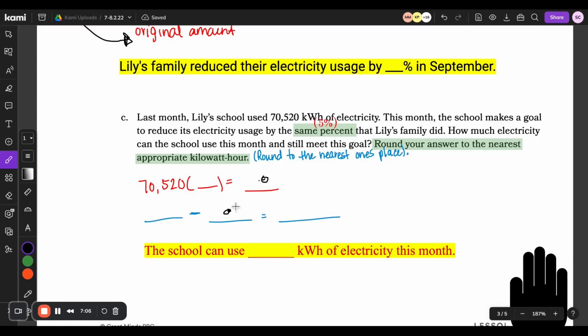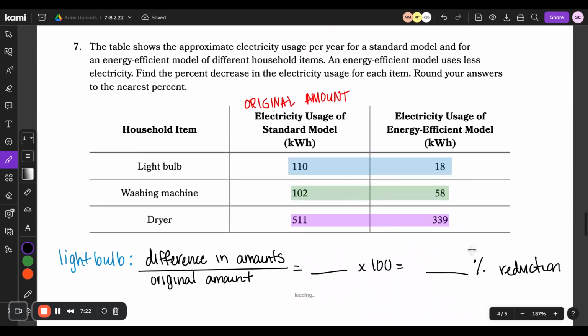So that amount here is going to go here, and what that's equal to here, and then answering your complete sentence for this one. So how much energy or how much electricity is the school going to use if they reduce it by 5%? For number 7,